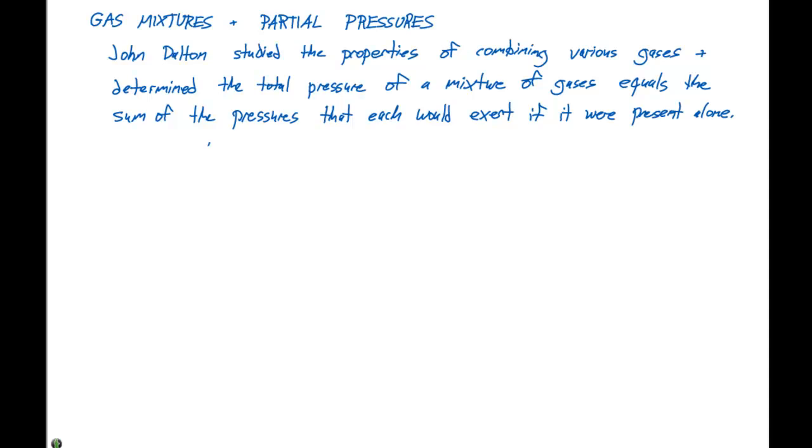So what he showed was our total pressure, which we'll represent by P total, is going to equal P1 plus P2 plus P3 plus whatever gas that we have. So in this case, we would have three gases combined together. So if we have a mixture of these gases, the total pressure is going to be the sum of all the individual pressures. So this observation is known as